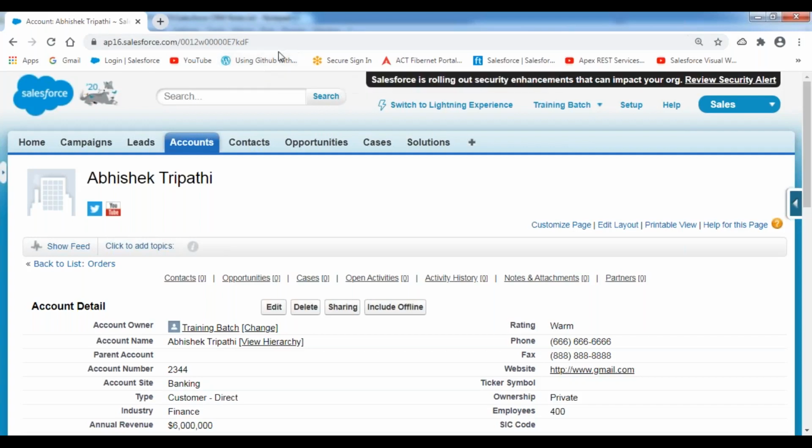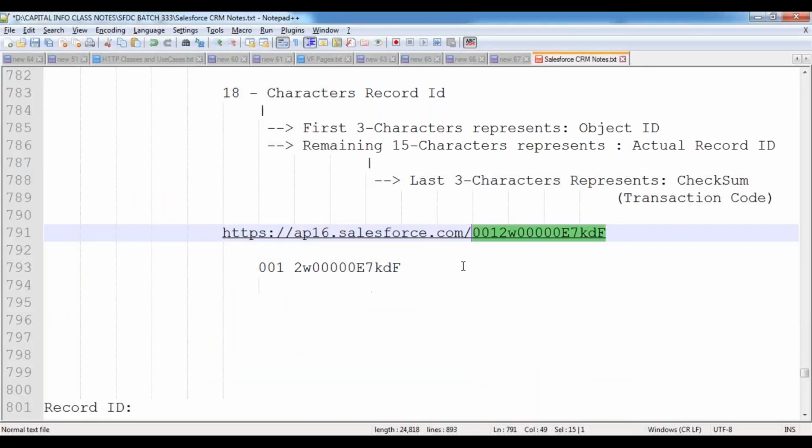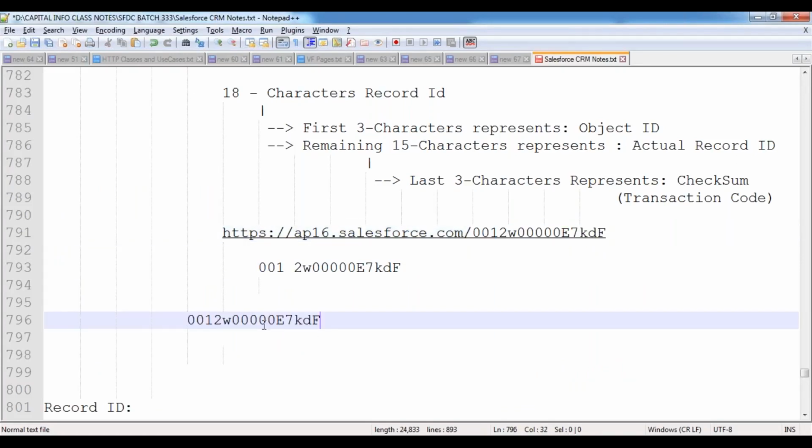Salesforce generates it that way for security reasons. Now, in this case, let me give you one more small point. Observe this one. This is the record ID generated by Salesforce. Tell me, how many characters are there inside this? Did you count it? It has 15 characters. But you can raise the question: sir, you told us that an 18 character ID is generated by Salesforce, so why is it showing 15 characters over here? It is showing only 15 characters, then what about the remaining 3?